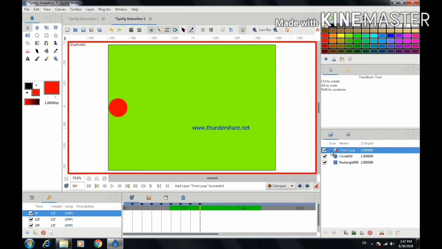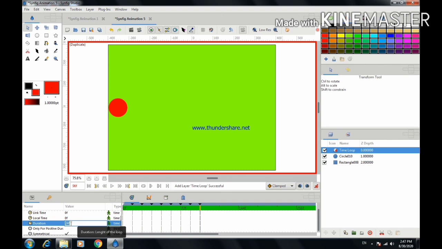Automatically a time loop is created over here. Click on this, go to the parameters and change its duration from the 24th frame to 4 seconds. My total duration is 4 seconds, so I am changing it to 96. This is the loop time.